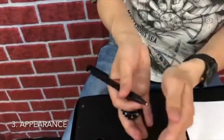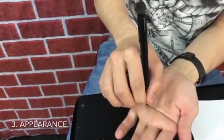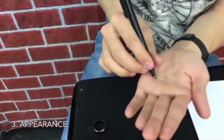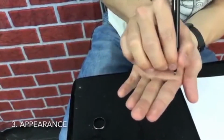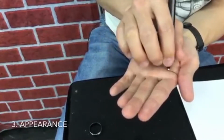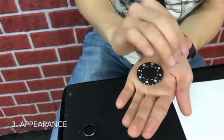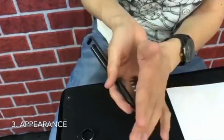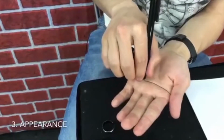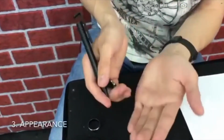Another variation is that you can make the line and then cover your hand over the line, dropping the poker chip. And so when your hand closes the line, you drop the poker chip, and then you continue the motion with your other hand. Make sure your hand does not make any rough movements. And so when the attention is on the line, you can throw it out and move your hand back. But in this position, your hand has to be as natural as possible